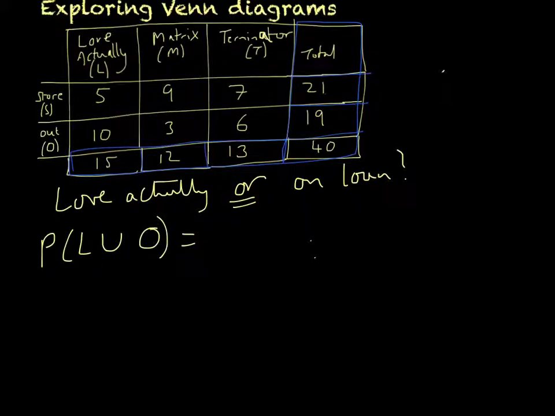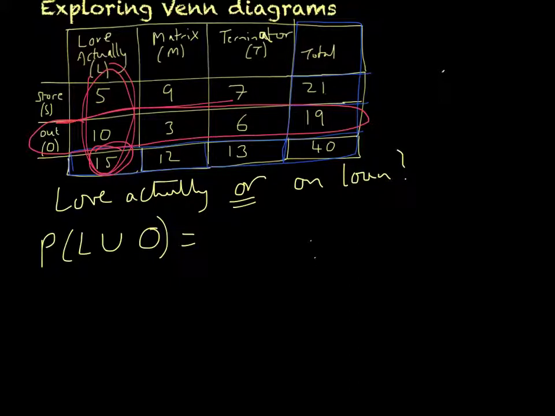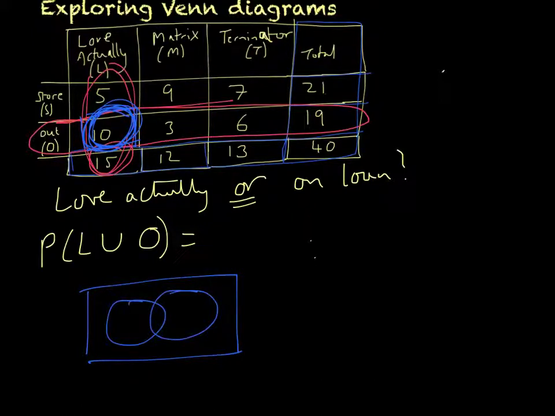Let's look at our two-way table. The probability of Love Actually is 15, so that's all this. And the probability of being out on loan is all of this. Notice that there is a 10 here which is being counted twice. If I add this together, I get 19 over 40 plus 15 over 40, which wouldn't be right because, like I say, this 10 is being considered twice. We have an intersection here, don't we? These two things are not mutually exclusive. I have Love Actually on loan, and there is an intersection here. I want the probability of